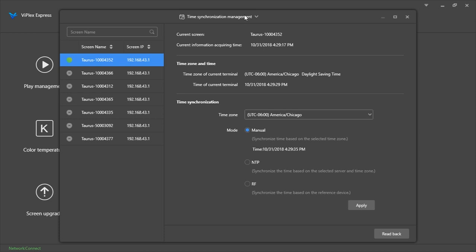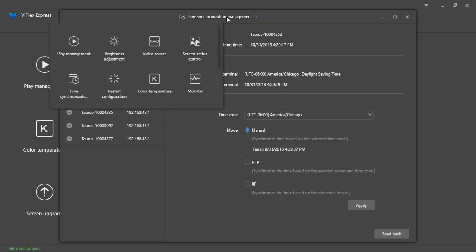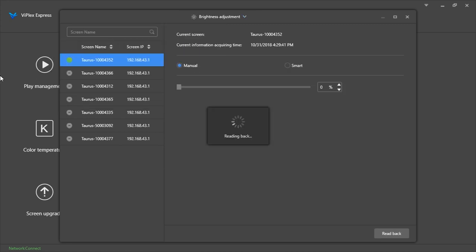And now I will show you the other screen. Up here, we can actually select those other controls from earlier that we saw on the main ViPlex Express window. That said that message because I don't actually have any LED modules plugged into the control card that we're using on the sign right now. So,